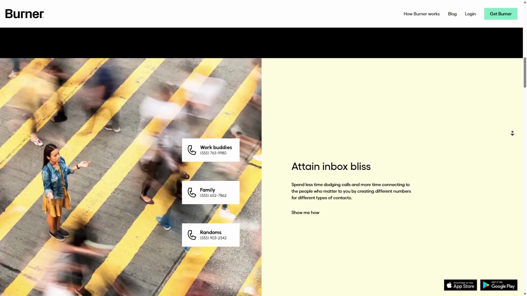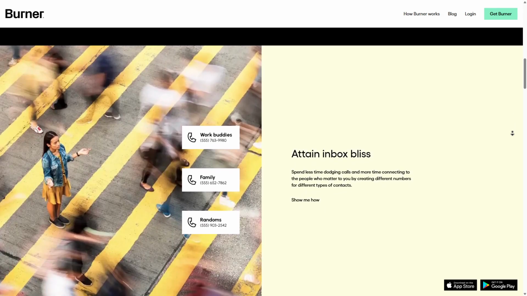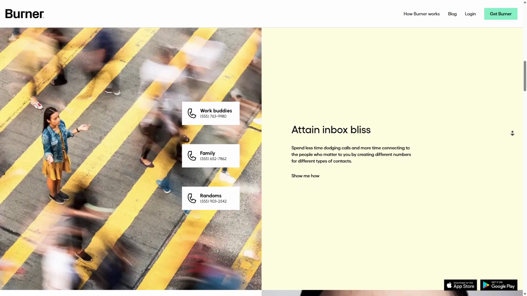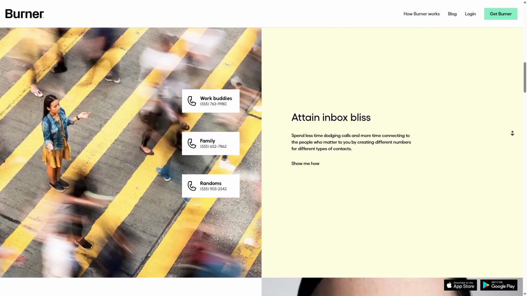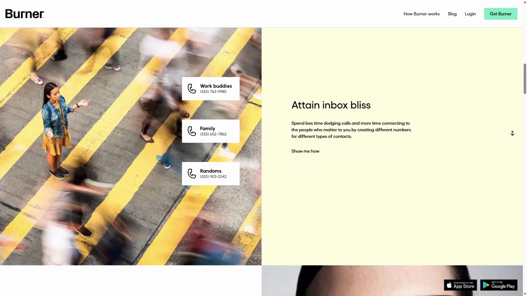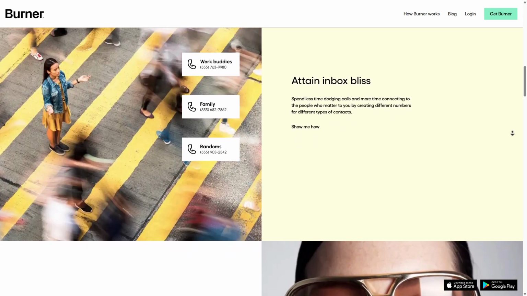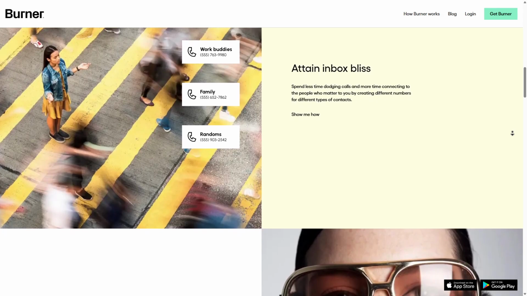The app is generally easy to navigate. You can view your active numbers, track usage, and manage subscriptions from the dashboard. Burner offers both free and paid plans. The free version gives you limited features and time for temporary numbers, while paid plans unlock longer-term use, more numbers,